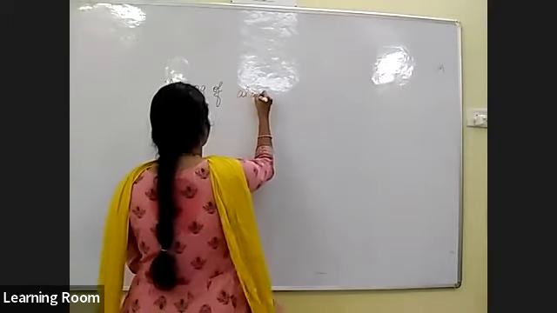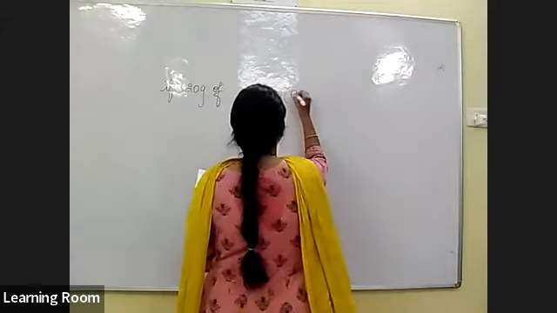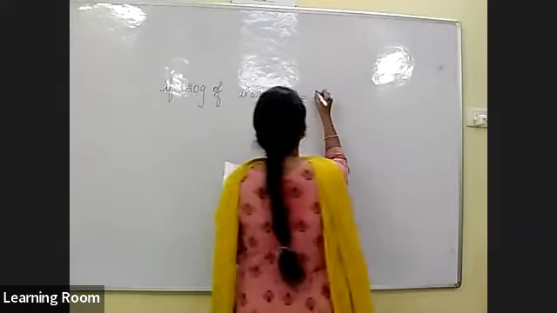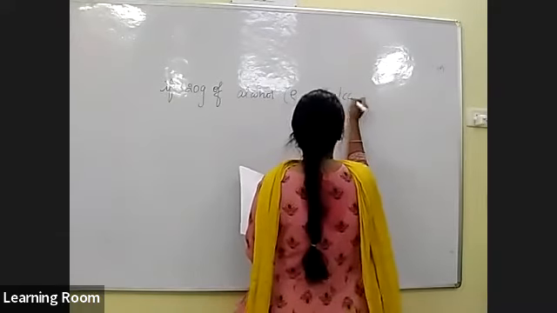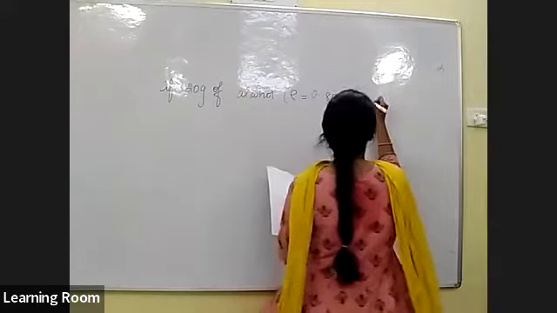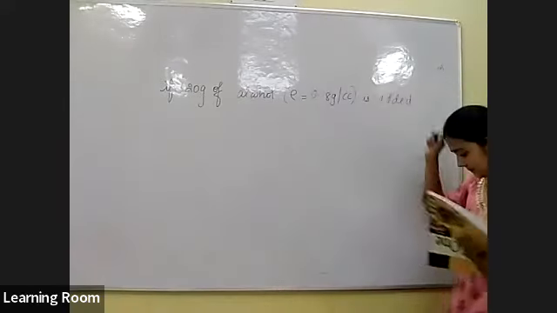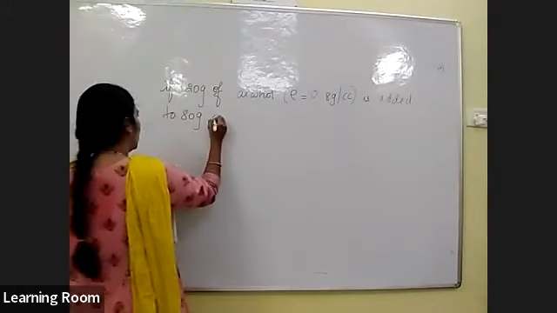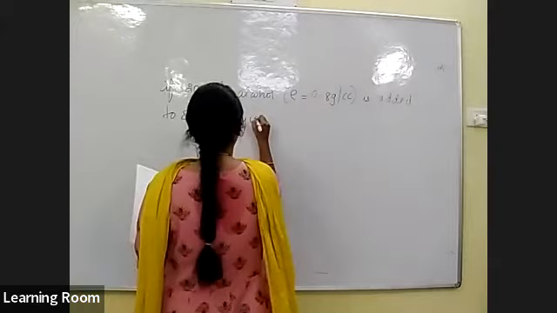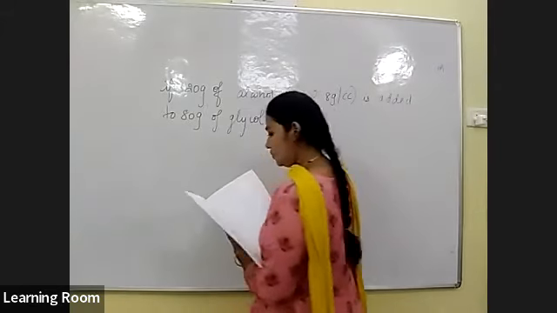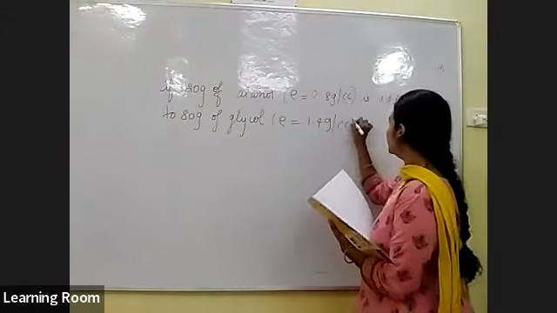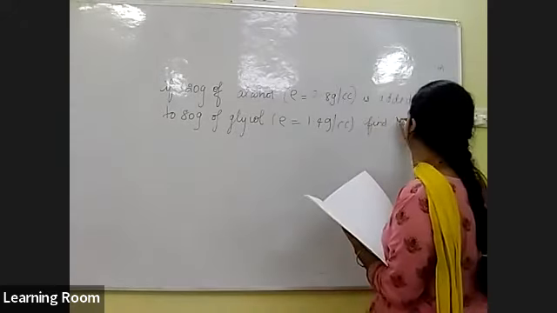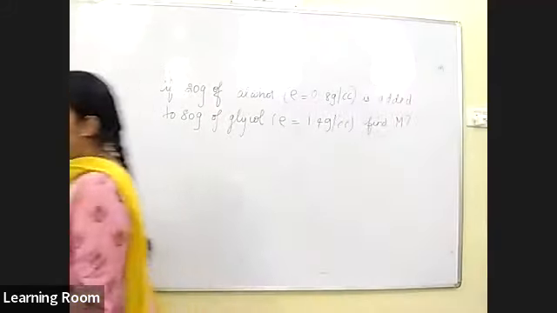20 grams of alcohol. So this rho is nothing but density, represented by rho. 0.8 gram per cc is added to 80 gram of glycol, rho 1.4 gram per cc. Find molarity. As I already said,